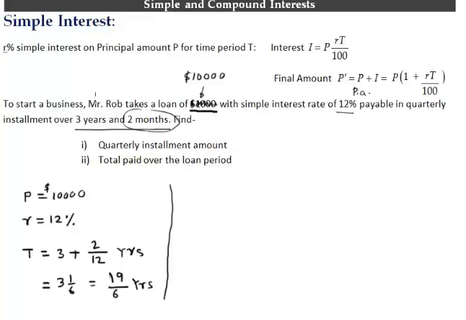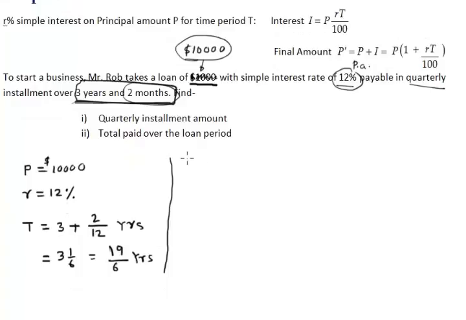So this is the overall information: this much loan he took, at 12% per annum, and this is the time period within which he will be paying the loan. So here, instead of going quarterly, first we will see the overall picture of the loan. That is, how much total interest he will be paying. So the total interest